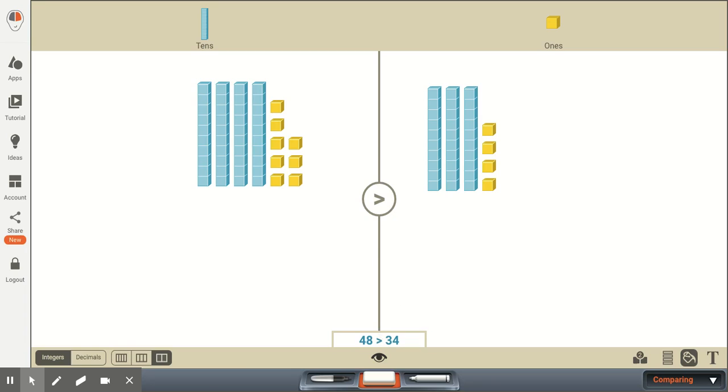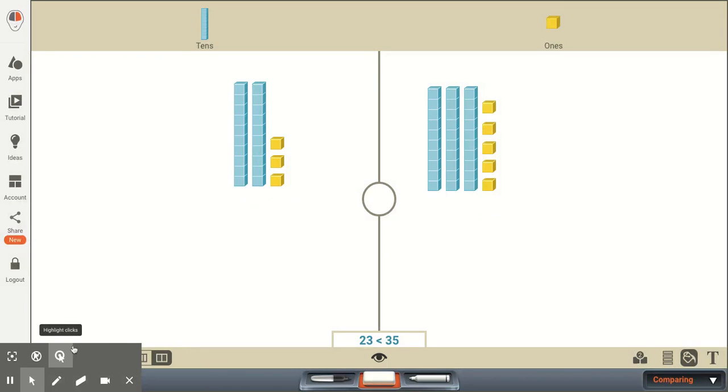Sometimes for first graders, this is a little bit difficult. So as a little hint, this is the greater than sign. And what I would look at is on this left side, it's wider here. There's more space here. So on this side is where our larger or greater number is going to be. Our larger number is 48. So we're going to use the greater than symbol. There's more space here. So 48 is greater than 34.